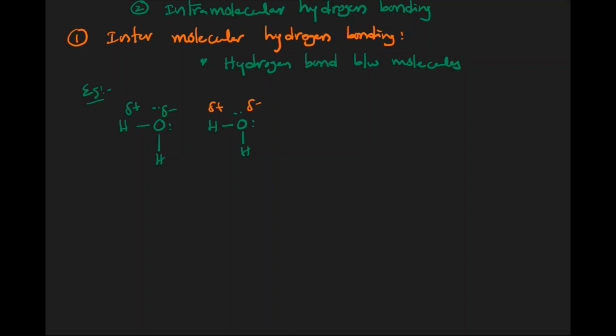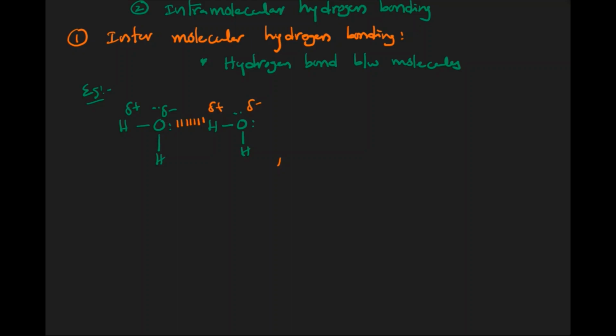Initially we discussed the definition of hydrogen bonding. It is just the electrostatic attraction between partially positive hydrogen and a partially negative, more electronegative atom. Here there will be some attraction between these two oppositely charged atoms. This is nothing but hydrogen bonding as per the statement, but it is taking place between two molecules. That is what we call intermolecular hydrogen bonding.